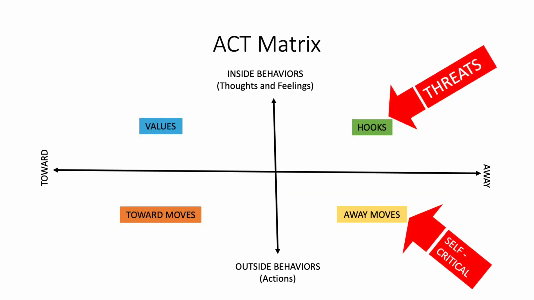At this point in the process, I often like to pause and suggest that it's very common when people are stuck in the right side of the matrix for two things to develop. The first is people begin to relate to their hooks like they're a threat. The second is that people often get self-critical or feel shame about their away moves. This is not always the case, so I like to confirm with my client that they've experienced this before moving forward. If it has been their experience, I like to point out that away moves that they listed are just the human version of what all animals do if they feel threatened.